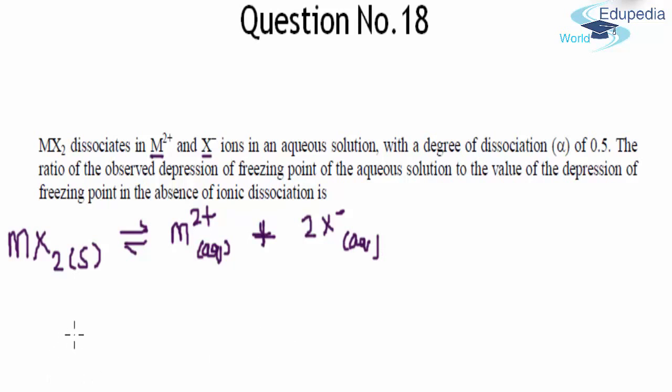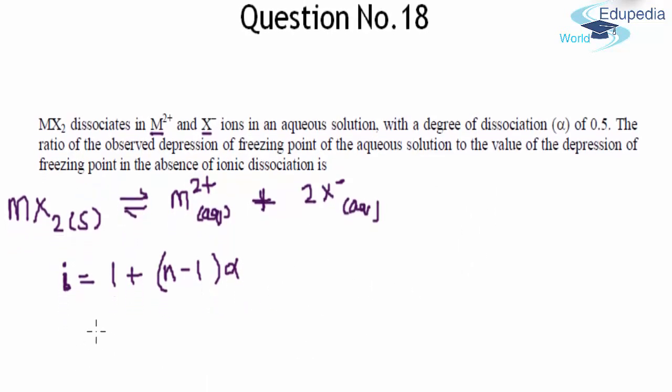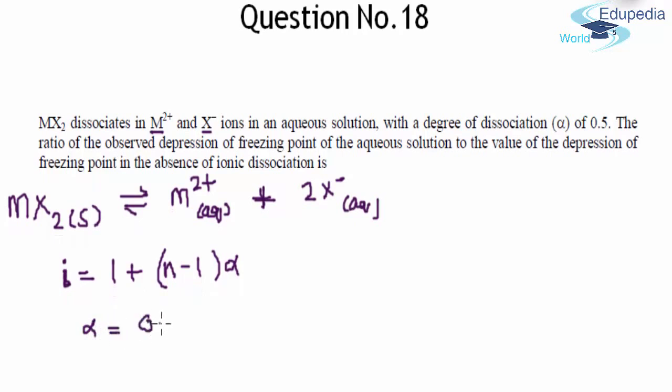Fine. Now I am going to calculate the Van't Hoff factor i for this particular dissociation. Van't Hoff factor i, as you all must remember the formula, is given by 1 plus (n minus 1) alpha. What are n and alpha over here? Alpha is simply the degree of dissociation, which has been given to us as 0.5. Okay. And n is the number of particles into which the solute dissociates. So 1 mole of the solute clearly dissociates into 1 and 2, that is 3 particles over here.